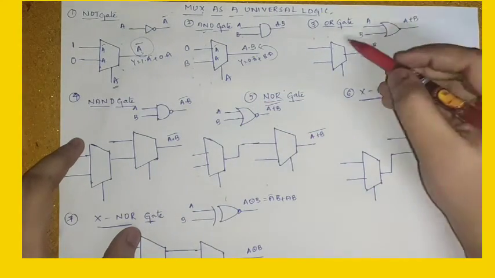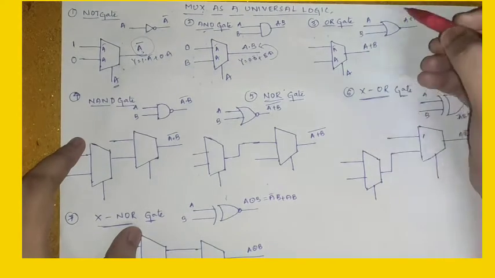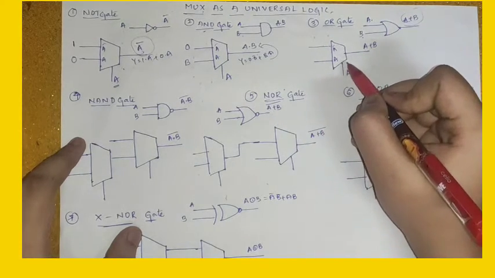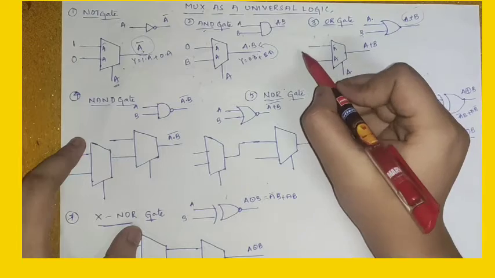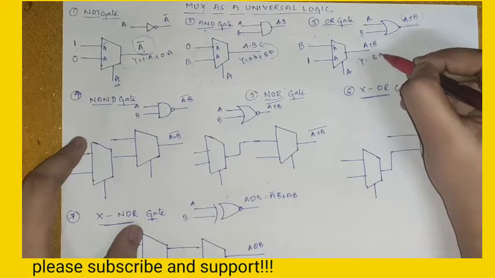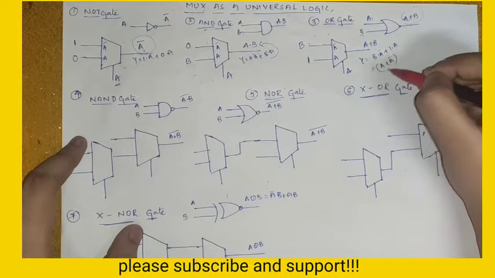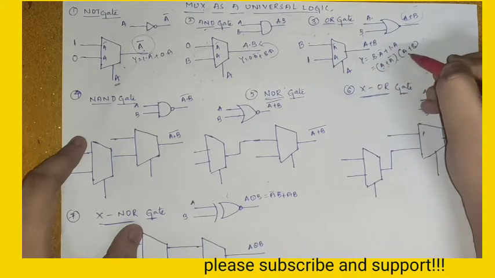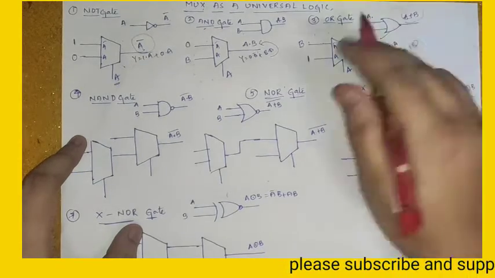And to get the OR gate by using the multiplexer, here I am taking the selection line A, and this is A bar and this is A. OR gate is nothing but, inputs A, B, output is A plus B. So if I take 1 here and B here, then what you will get? Y is nothing but B dot A bar plus 1 dot A. By using the distributive law, A plus A bar dot B, which is A plus A bar dot A plus B. So we will get A plus B. In this way we will get the OR gate by using this multiplexer.